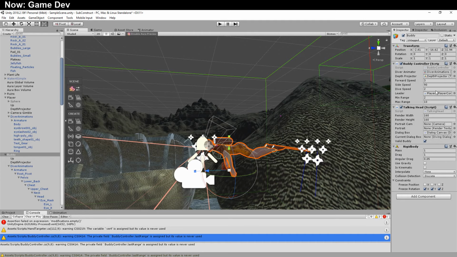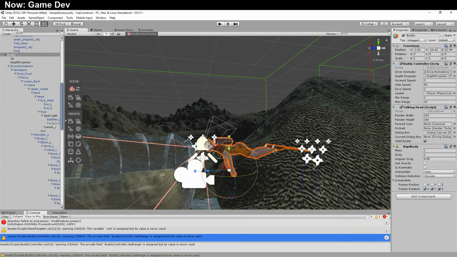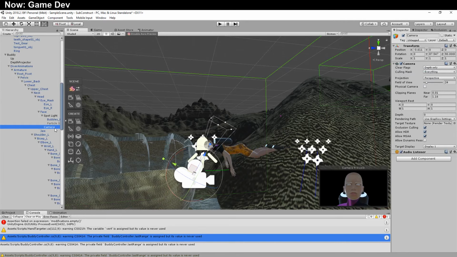So there we are. We now have this. We have to set it up properly. So the camera is here. Go ahead and drop that in. We're going to call this the portrait camera. Like so. And there are lots of options we could use to try and change how it looks and stuff